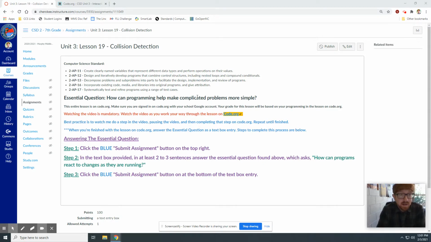This is lesson 19 of Unit 3, and this one is on collision detection. Our computer science standards for this assignment are creating clearly named variables that represent different data types and perform